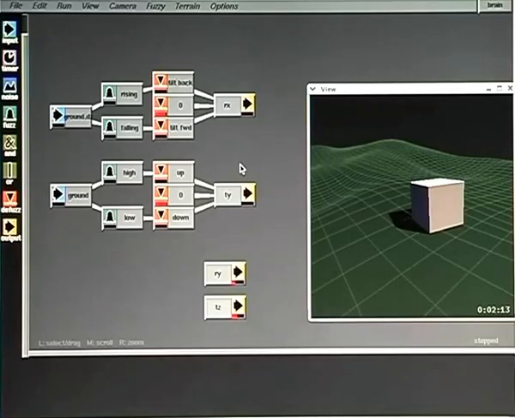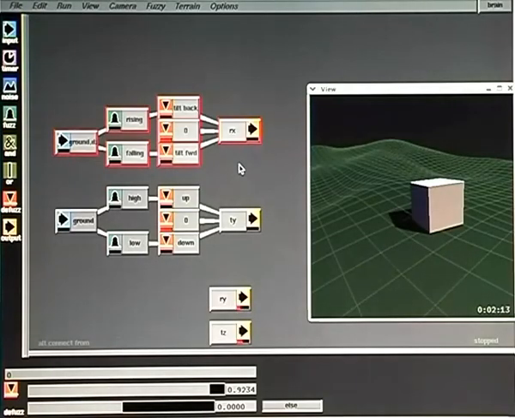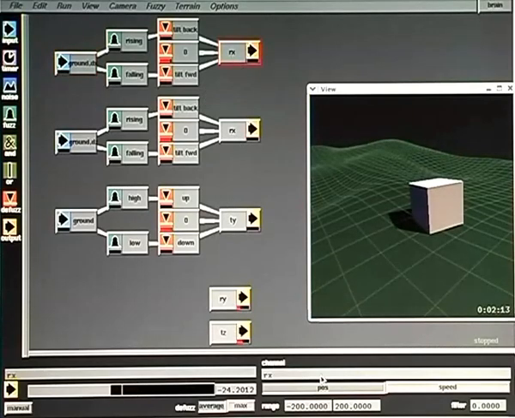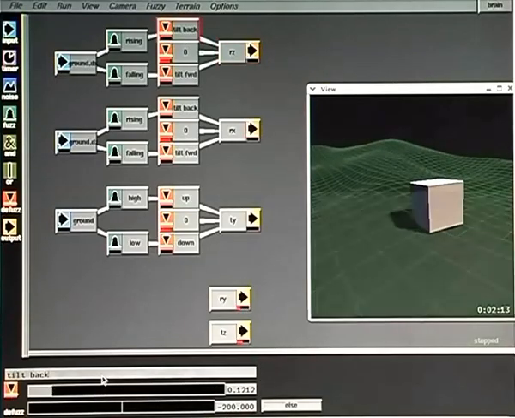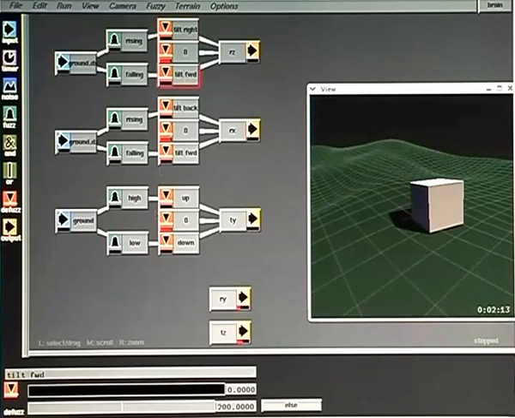Right, so it's rotating to adjust to the terrain as far as its x-axis is concerned, but what about sideways according to its z-axis? Well, all we have to do is copy and paste this and make a couple of changes. We want that to be ground.dx, and we want this to be z. Now we want it to tilt right and tilt left,